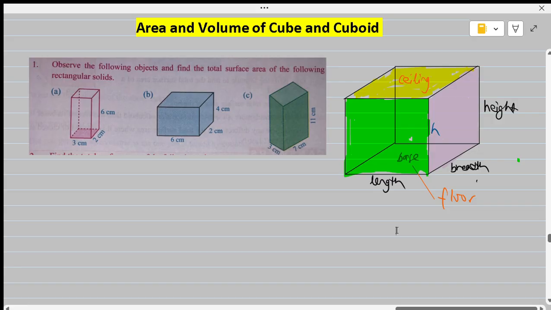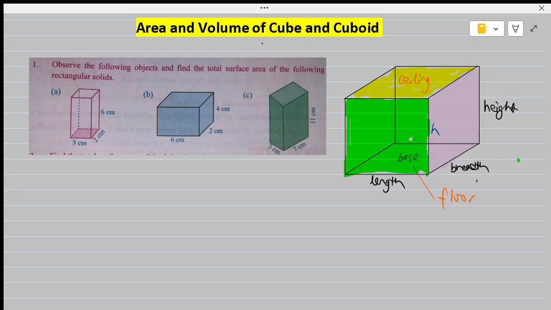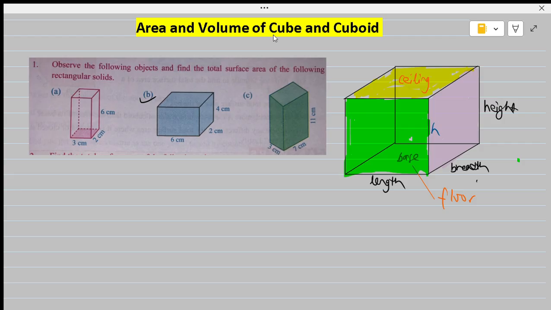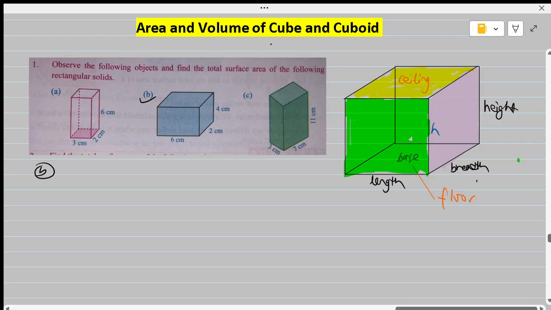Okay, so let's see the question first. What is given? Observe the following objects and find the total surface area of the following rectangular solids. So the solid given here is a cuboid. So we are asked to find the total surface area here. I'm going with number B, right? So in this number B, when we find